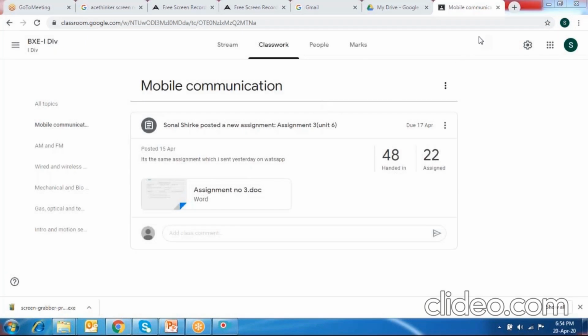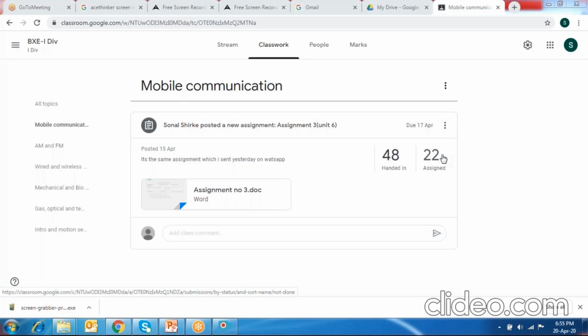I made a mistake. I should have explained it like this. For this mobile communication, there are different concepts. Assigned means to how many students you have assigned the assignment. So in case I have 60 students in my class, the moment I assign the assignment, under Assigned I will see a figure of 60.